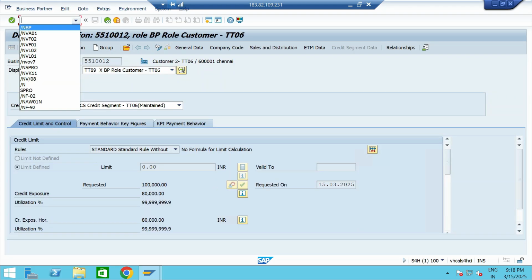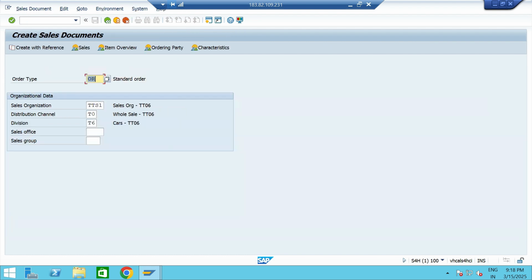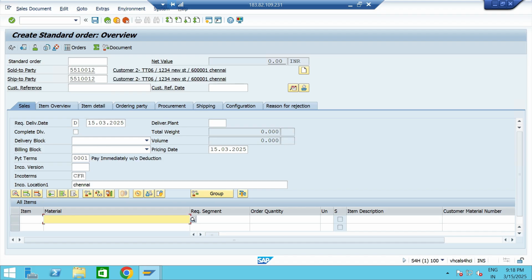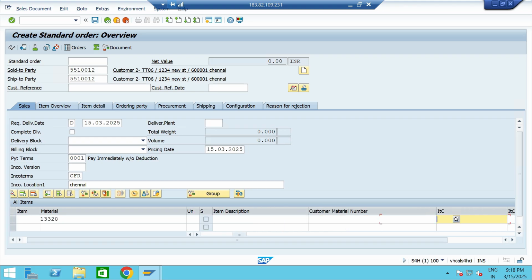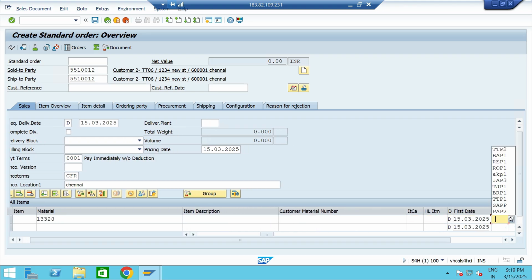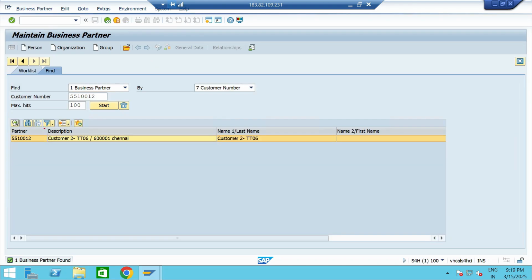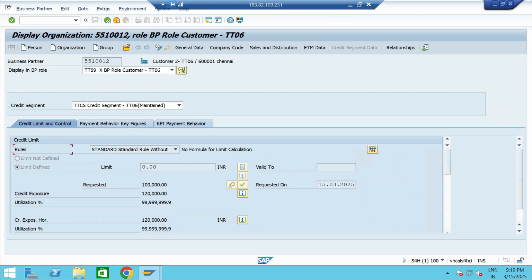To create one more sales order, enter all the details. So then order quantity 5 numbers, enter the plant. So then save, standard order 6595 has been saved. Check the customer details. So system allowed 1,20,000 but our target value is 1 lakh. It has